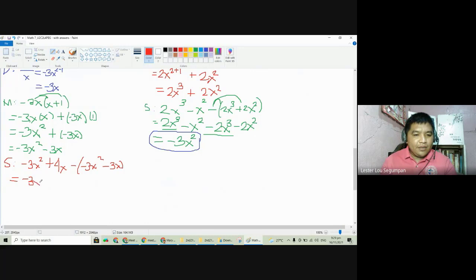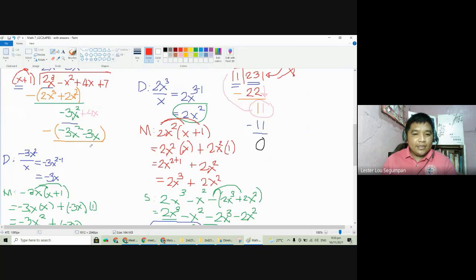You'll have negative 3x squared plus 4x. The negative sign is here. Once removed, since the grouping symbol is preceded by a negative sign, the signs will be changed to positive. So positive 3x squared, as well as this positive 3x. And then combine: negative 3x squared plus 3x squared is 0. And you will have 4x plus 3x. The result for the second difference is 7x. Place it here,